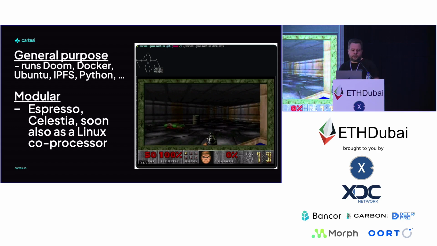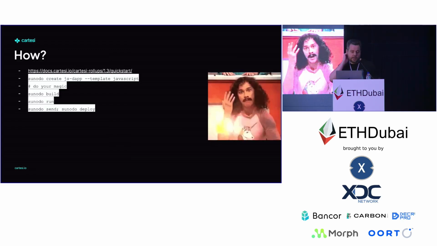We're using it together with sequencers like Espresso or Celestia, and one of the things we're working on right now, based on different restaking primitives like EigenLayer and some of the other ones coming out, is that you can send out a description of your machine to the network, get a bunch of samples back from a bunch of operators on something like EigenLayer, and then settle that sampling of the computation result into the blockchain. You can write your applications for this in pretty much anything you want. If you want to write in PHP and have huge economic security on it, this is how you do it.